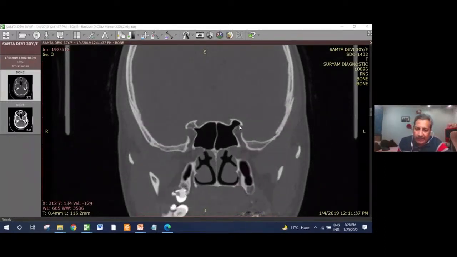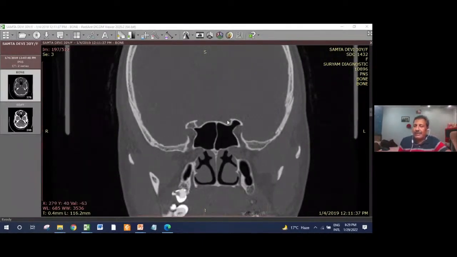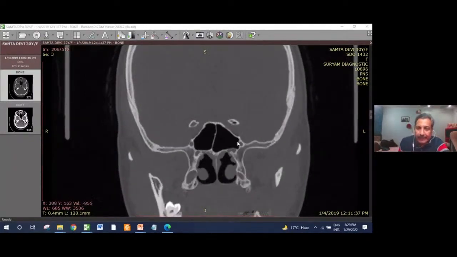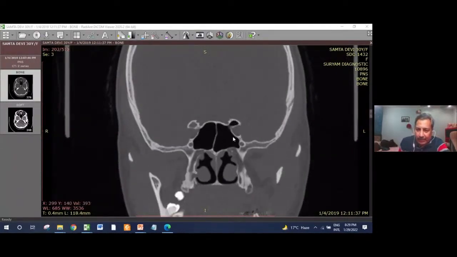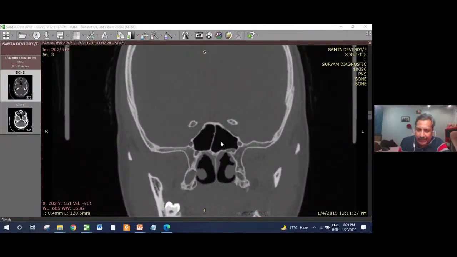So, in those cases, you have to be very, very careful, because that is not invasive disease, it is expansile disease which erodes the sinus walls all around. And since the sphenoid sinus has more critical structures around, you have to stay more careful. Now, in this region, this was the carotid artery prominence, that was the optic nerve prominence. You have to stay careful as you go behind. At this point, this is more important from the